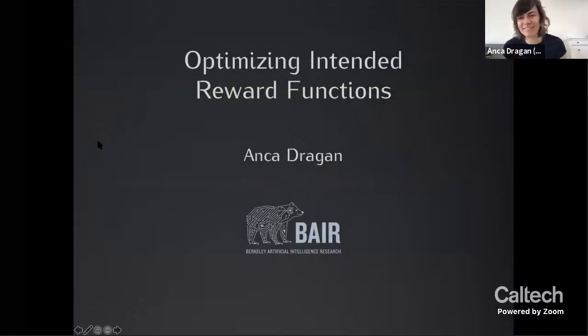I'm going to use cost and reward interchangeably, because I like to not differentiate too much between controls, especially optimal control, and AI.